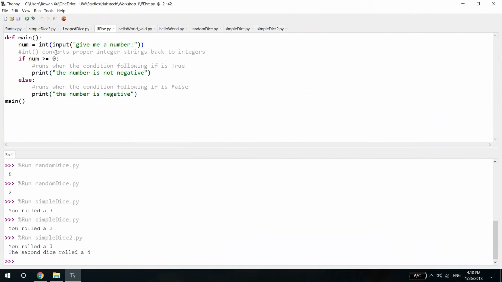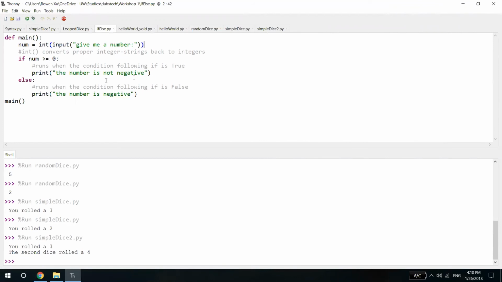So int converts proper integer strings back to integers, because input takes whatever comes from the shell, and if that's truly a string of digits by itself with no letters whatsoever, then it's going to be successfully converted back to an integer. And if this number is greater than or equal to 0, it's going to print